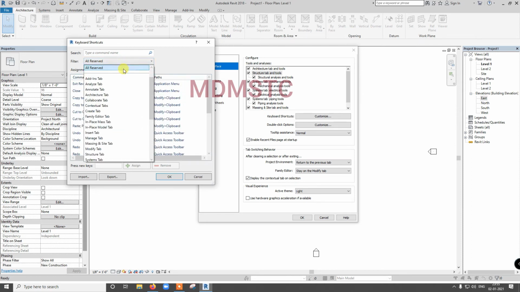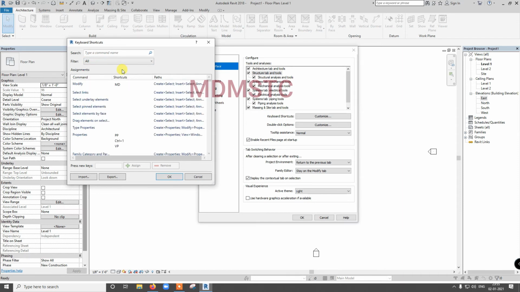Okay, in other software, if you are assigning one shortcut key, that will be applicable for only one command. I cannot give for one command, I can give any number of shortcut keys, but for one shortcut key only one command can be assigned.